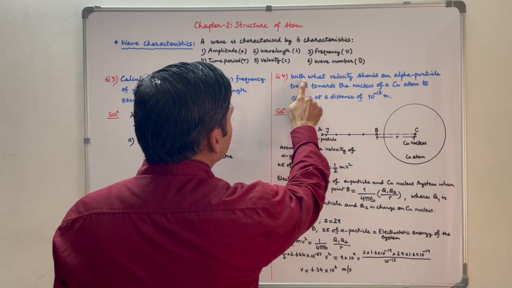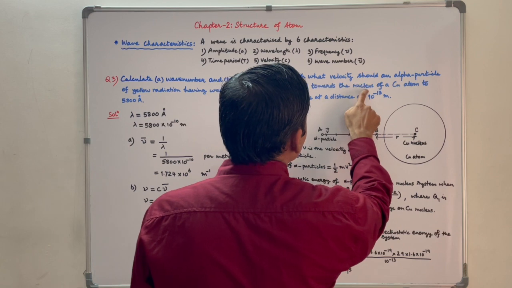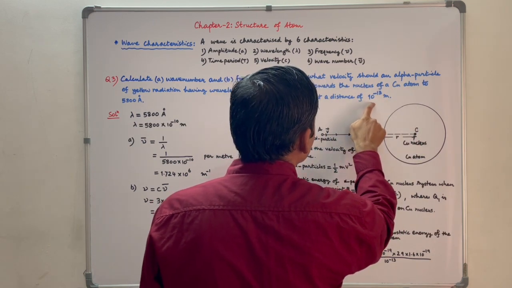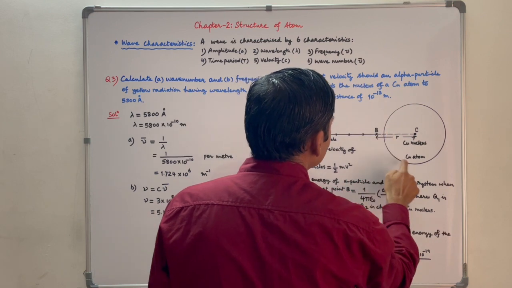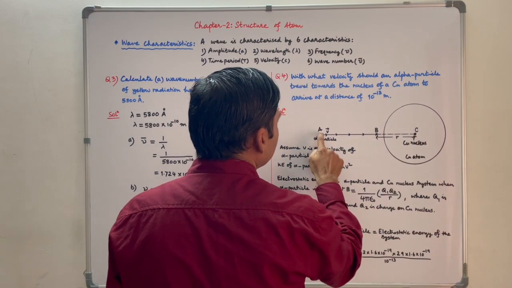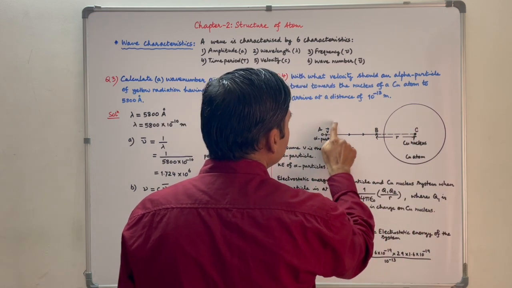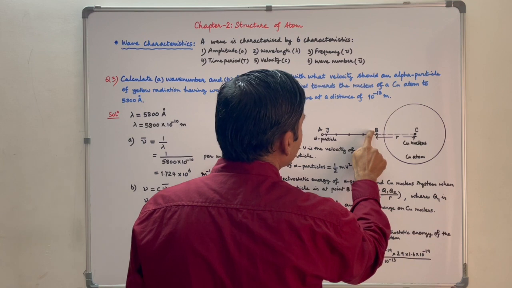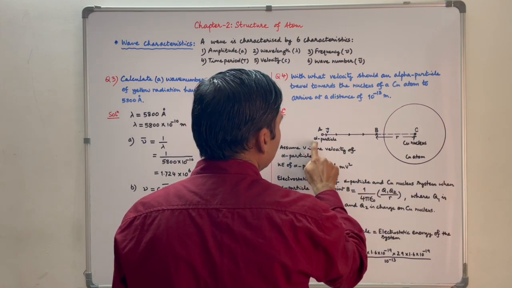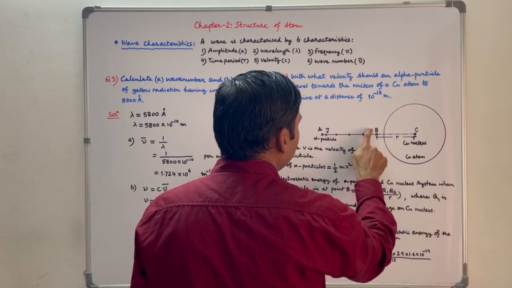Fourth question, with what velocity should an alpha particle travel towards the nucleus of a copper atom to arrive at a distance of 10 to power minus 13 meter? Suppose this is the copper atom and this is the copper nucleus. An alpha particle is traveling towards the copper nucleus with velocity v. It can reach till point B because of the strong repulsive force between the positively charged alpha particle and the positively charged copper nucleus. At point B, we will equate